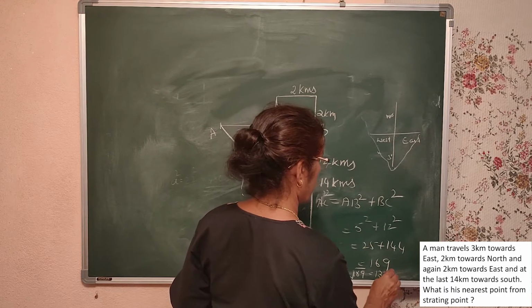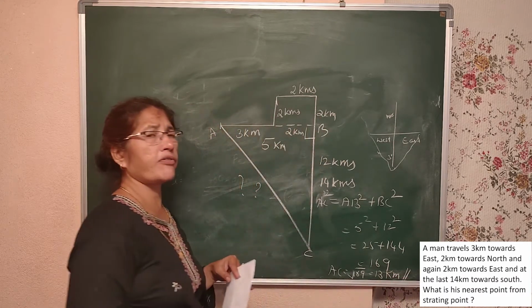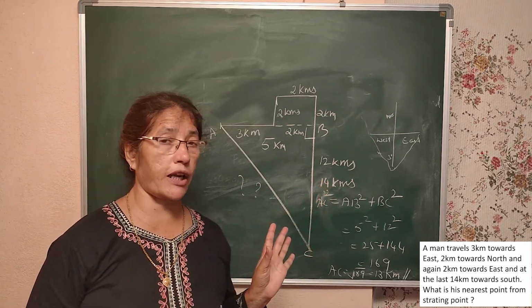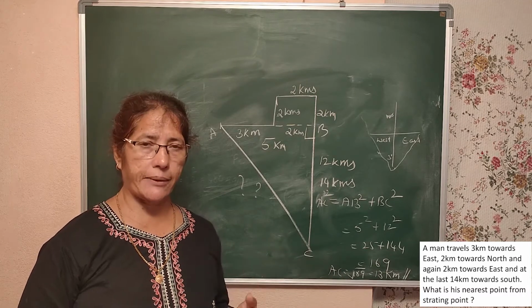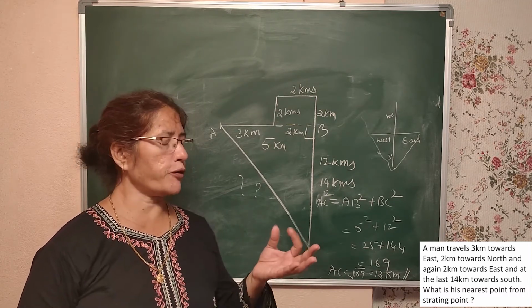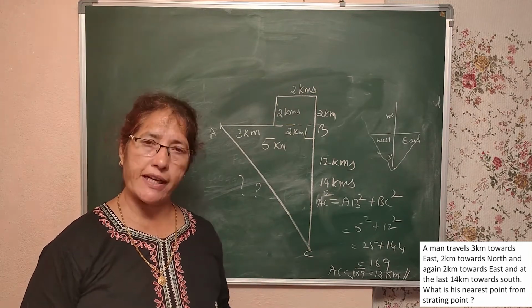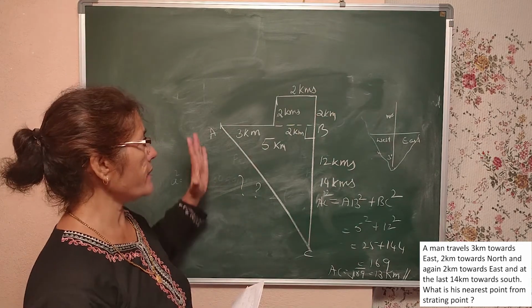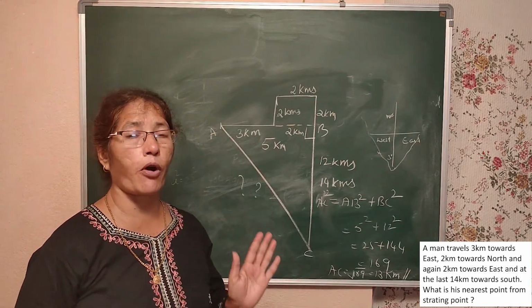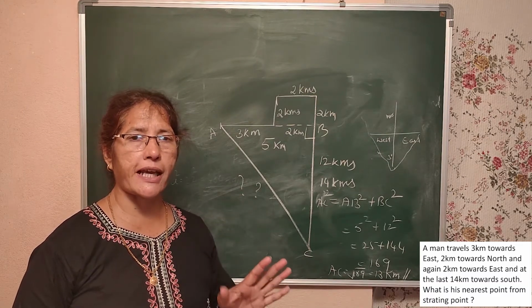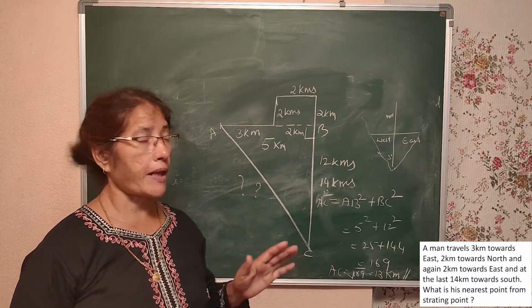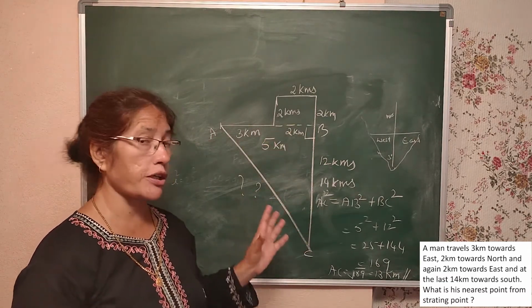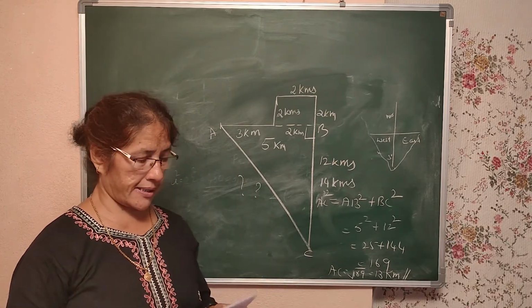13 kilometers. So you should remember some of the Pythagorean triplets. One is 3, 4, 5 and multiples of 3, 4, 5. Then 5, 12, 13. 8, 15, 17. 24, 7, 25. 24, 10, 26 and so on. If you remember all these Pythagorean triplets, then immediately you can write the answer. On a GMAT test or aptitude test, the time is very limited. As soon as you look at it, if you are able to do it without any calculation, you will gain more and more marks. Go to the next question.